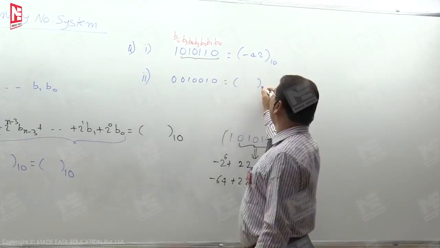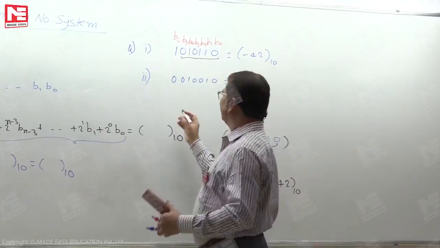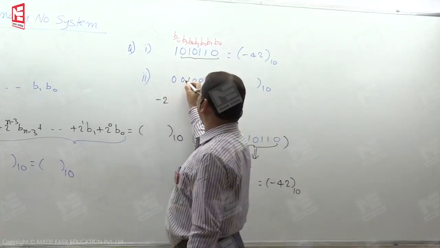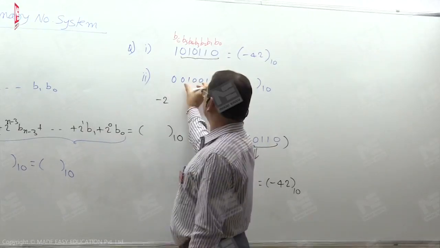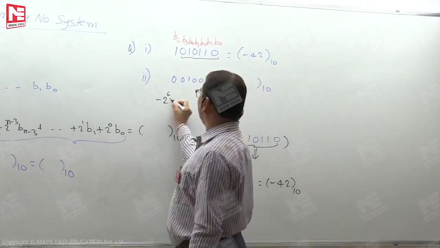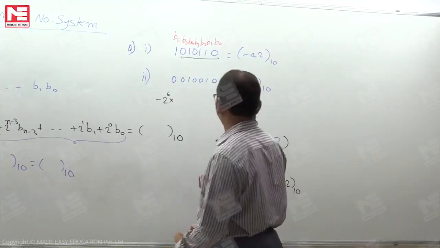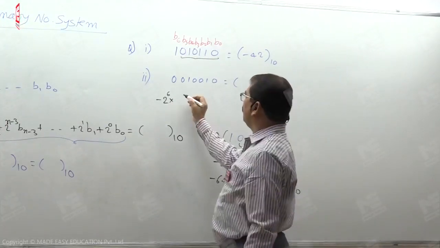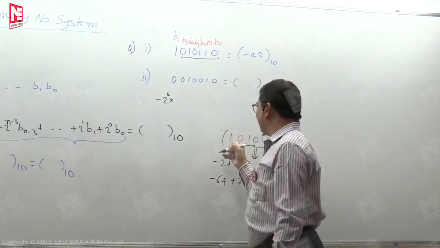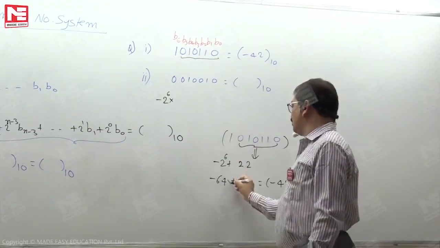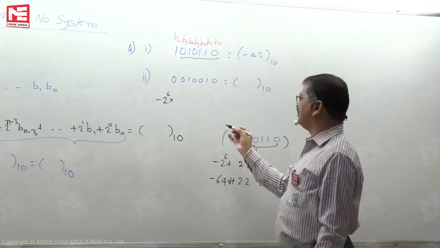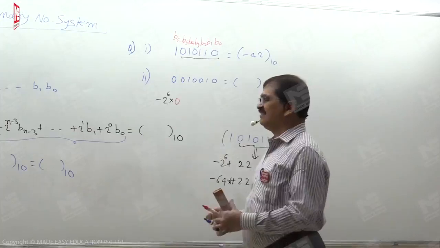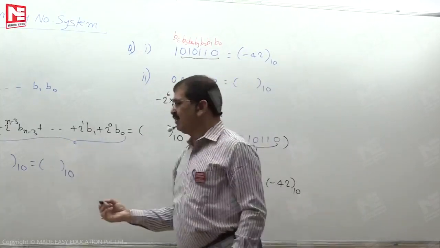To read the equivalent decimal value, as I said, minus 2 to the power of the number of bits right of the MSB, so 6 bits, into Bn minus 1. Earlier, Bn minus 1 was 1, so into 1, not mentioned but implied. Here it is into 0. That is the general formula we have, and